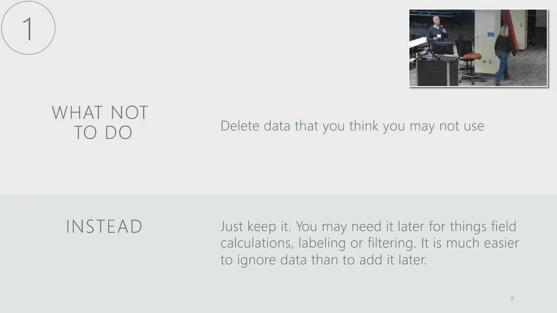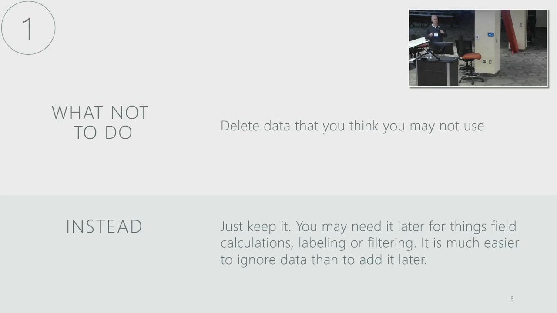Sorry about that. Okay, first, when you put together this data in ArcPro, add everything you can think of. Don't delete anything. If you think you might need it, add it. If you think you could use it in 5 years, add it. It doesn't matter. It's a lot easier to get rid of your data by turning it off, editing the JSON code, but it is very difficult to add things back. And this goes for the data as well.